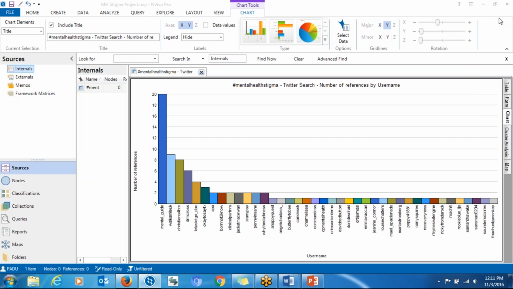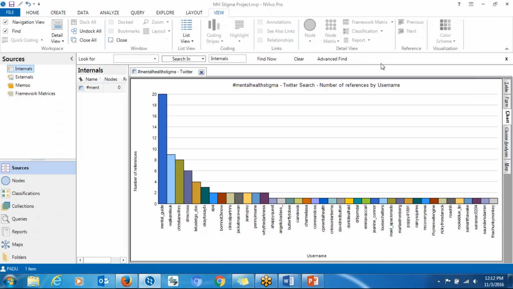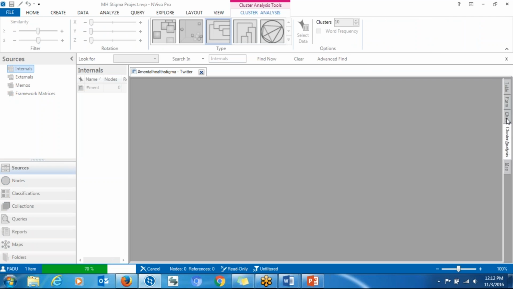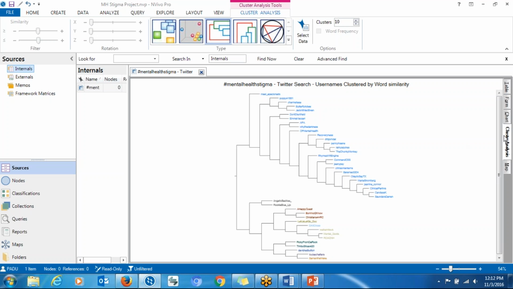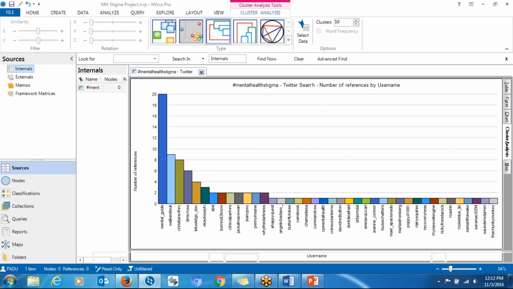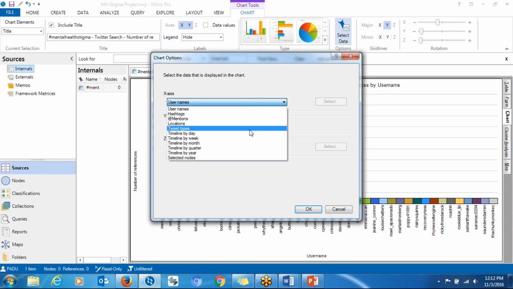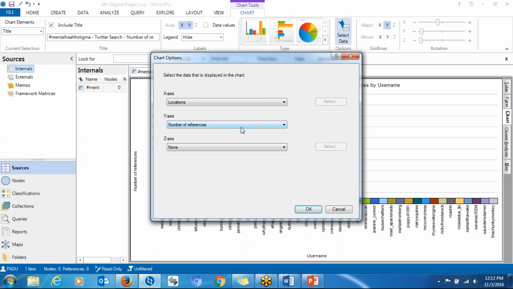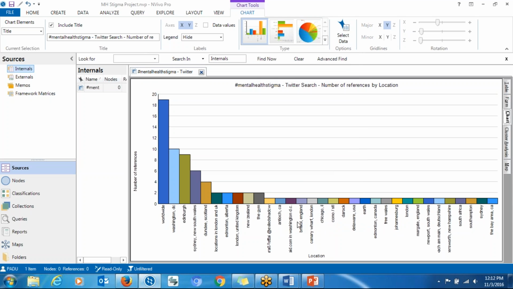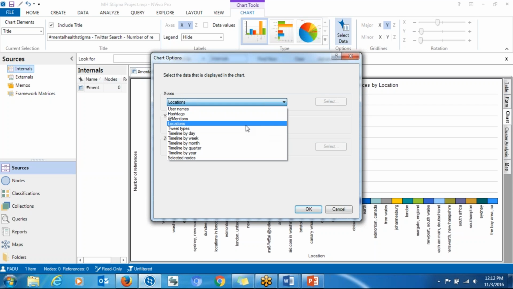Okay, and also another good thing about this is that you can change information. Let's say, okay, let me click here. Oh, okay. So you can also click, I think cluster analysis doesn't give much information, but you can click and see what you're going to get. For the chart, you can also go to select data. Let's say you want to change this, which is based on a username. Maybe you want to see it based on the location. Yeah, so you can see that based on the location where the tweets are coming from. So you can manipulate your information and see what you're going to get